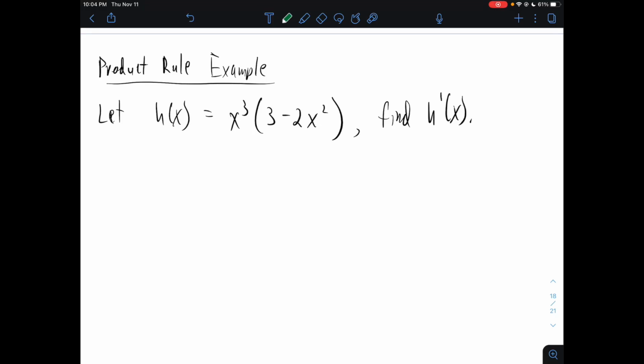I wanted to do a couple of other problems as some review before exam 3. So first, an example on the product rule. Here we have h of x equal x cubed times 3 minus 2x squared, and we want to find h prime of x. So first of all, for the product rule, just remember, if you're taking a derivative of a